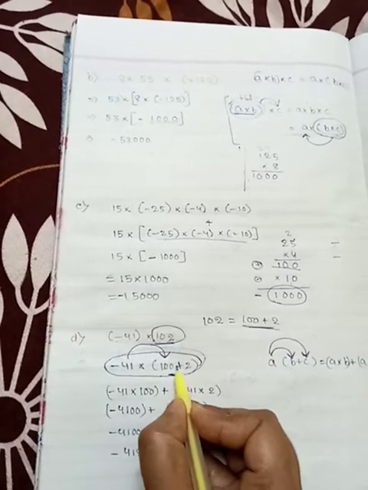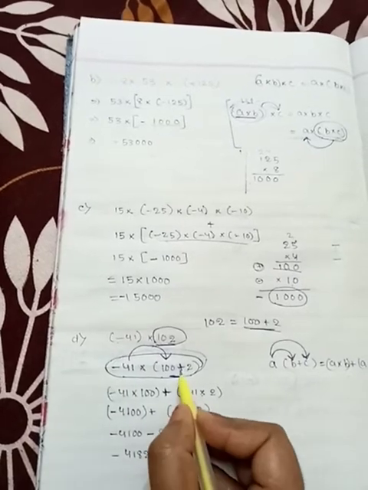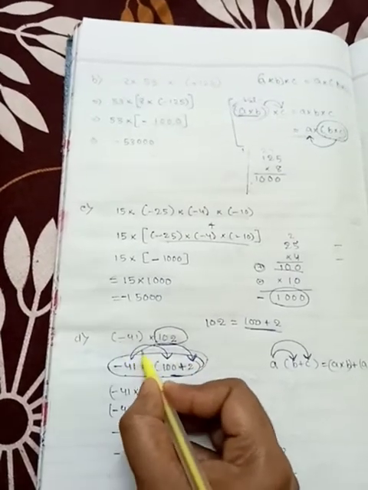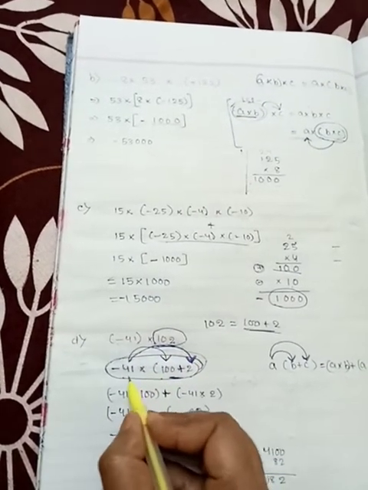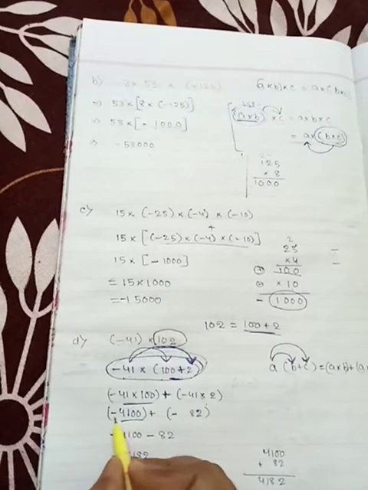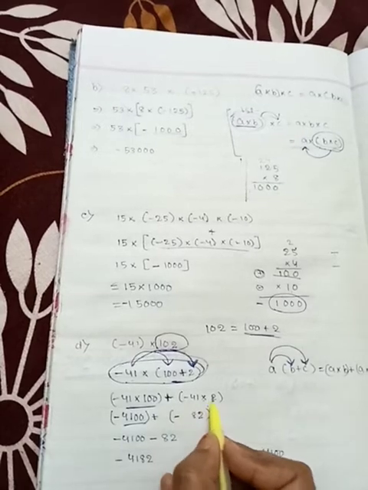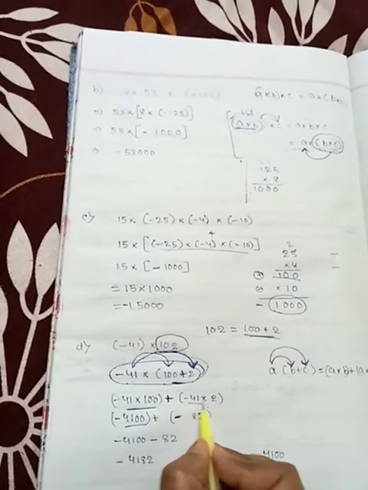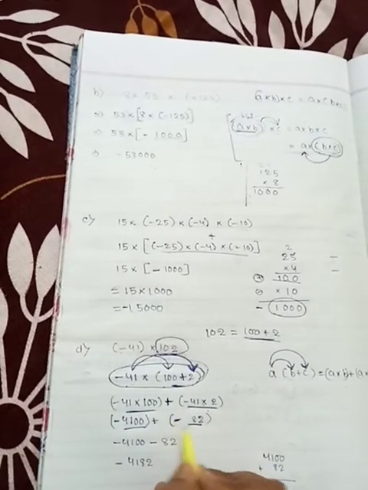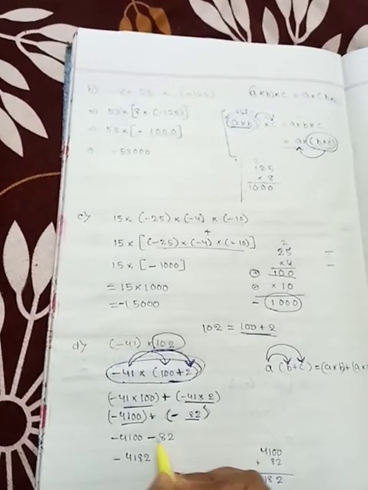Then what is there? Plus. We have to write plus sign here. Then minus 41 into 2. Then again we have to multiply this minus 41 into 2. Okay, don't get confused over this question. Minus 41 into 2 I have written. So after multiplying this, we got minus 410, plus remains plus over here, plus minus, minus inside the bracket. Just solve this one. 41 into 2, 82. After opening this bracket, what will we get, plus minus minus, then minus 82.